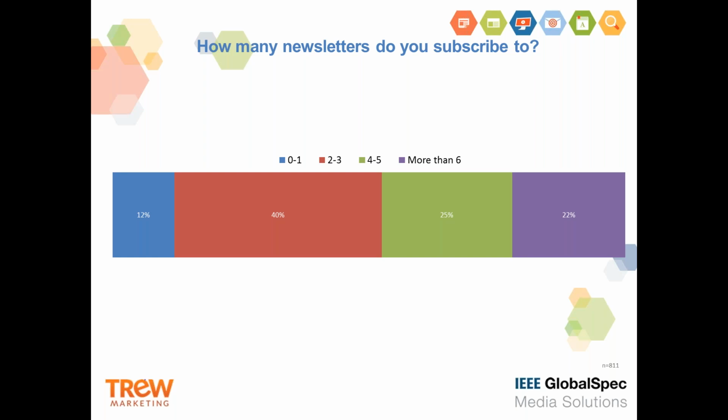This is the breakdown of how many newsletters engineers are subscribing to. And while 40% of engineers are subscribing to 2 to 3 e-newsletters, nearly 50% subscribe to 4 or more. Think about that. Think about what Rebecca spoke about earlier and the need to stay constant with regard to producing new and relevant content. This is the channel for that content. So you create the content once and you push it out in the relevant channel, like the e-newsletter, which is your valuable and cost-effective channel to get your content in front of your target audience.